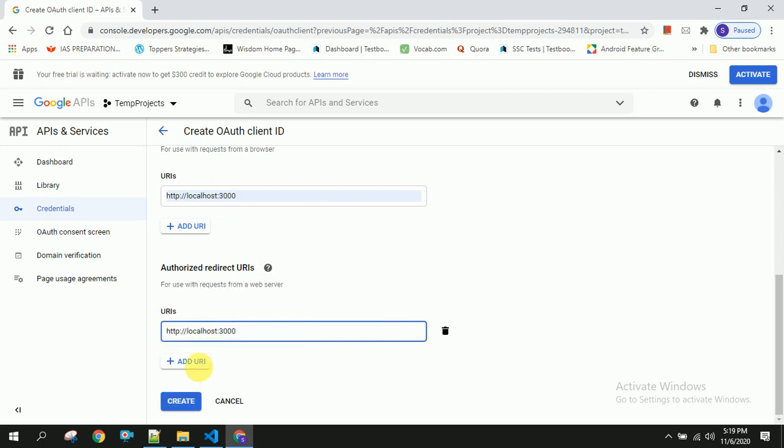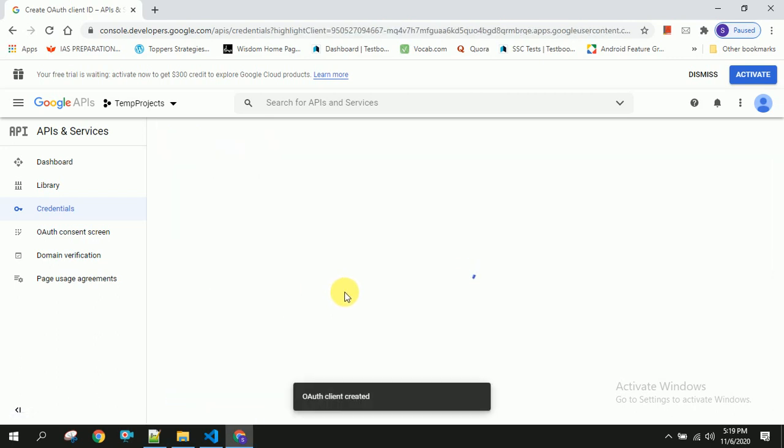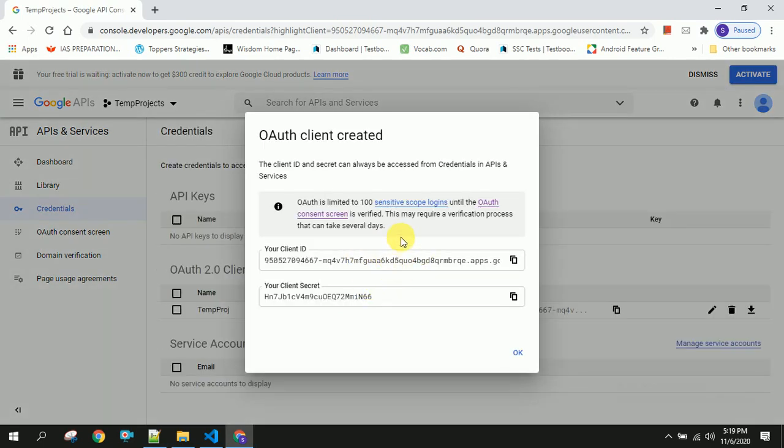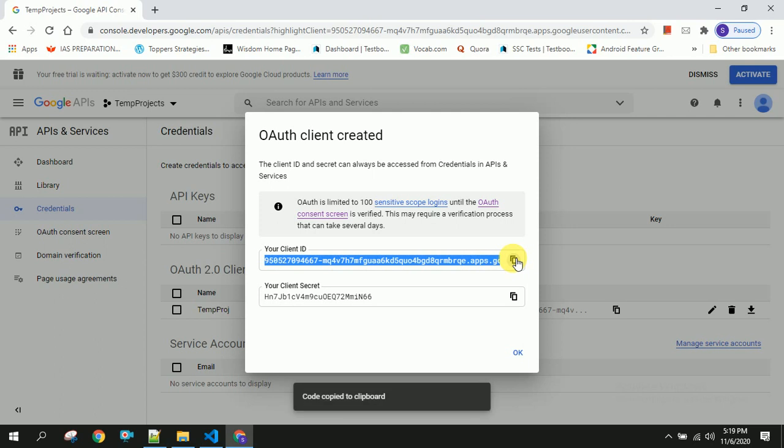Once that is done you have to click on create. So once that is done you are almost good to go. You can copy this client ID and store it somewhere. I am copying this and I will be storing this client ID in my notepad or somewhere.